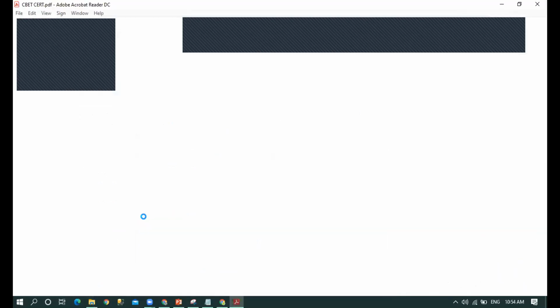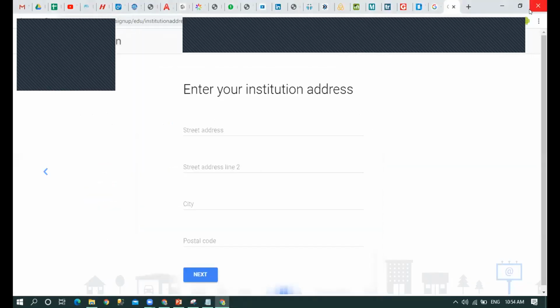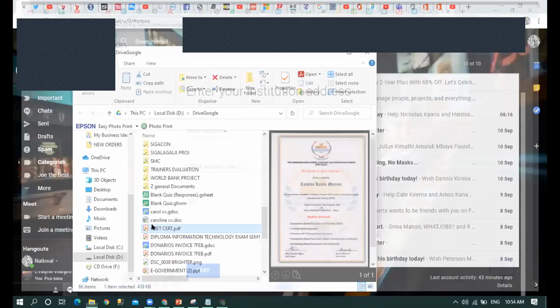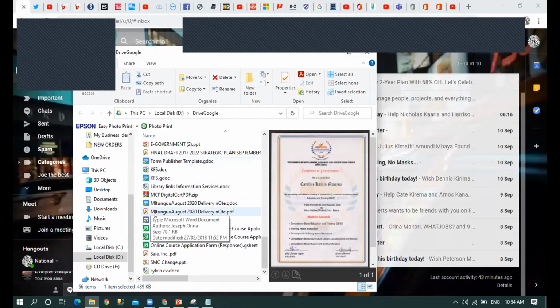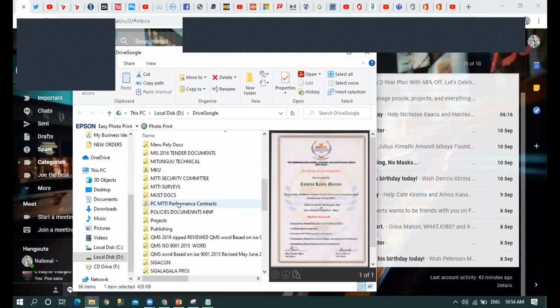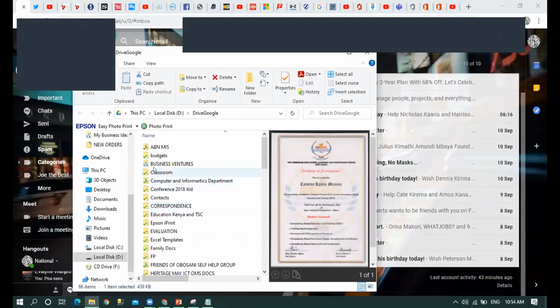On the right hand side, the icon has changed. Now that one is already updated, and now it is a tick. So every time I add anything on my computer, it synchronizes automatically. Like now this one here, there's something that has changed. So it synchronizes automatically with the drive, which is online.